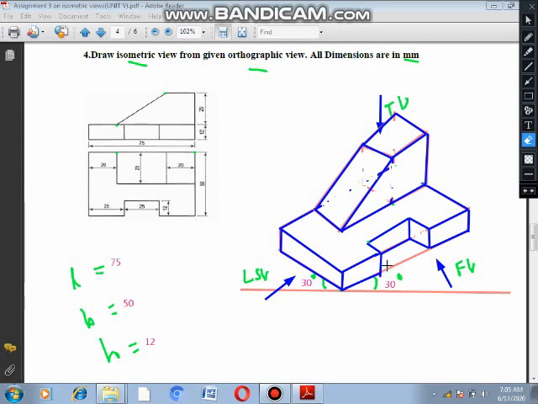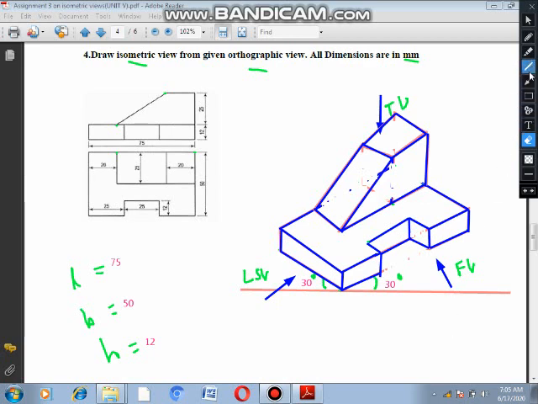So this line also I am removing. Don't remove these lines. Just I am removing for showing the total diagram, total shape of the diagram. So this is a diagram. The line should be very thin lines. These removing lines should be very thin lines. This is the total diagram for the conversion of orthographic view into isometric view.